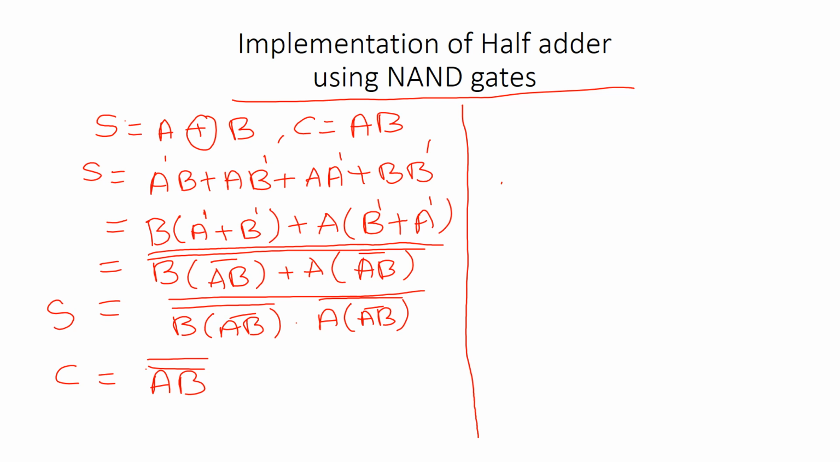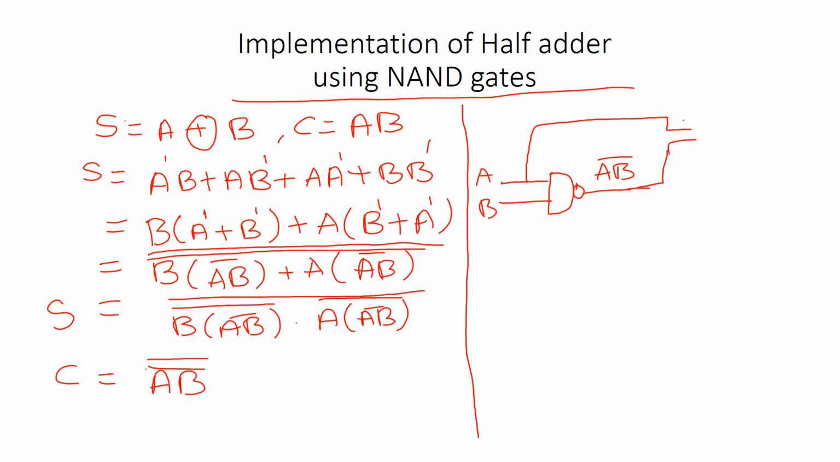First, this is A, B. So I'm connecting to one NAND gate, and this one. And this is AB bar. From A and AB bar,